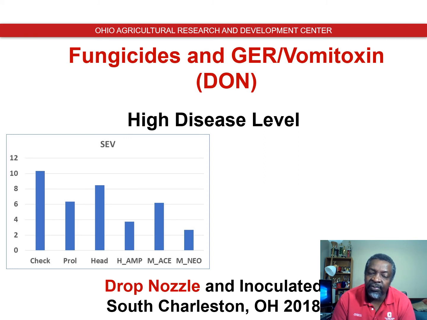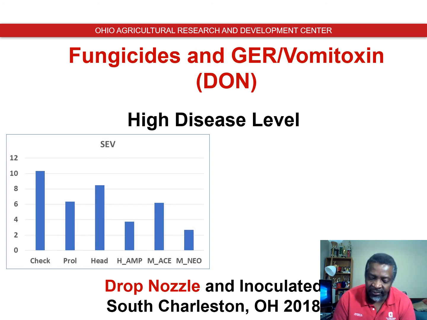All fungicide-treated plots had lower levels of disease than the untreated check, but the greatest reduction in disease severity was observed when Headline AMP as well as Miravis Neo were applied. Headline provided the lowest level of reduction. Even though the reduction was numerically different from the check, it was considerably lower than plots treated with Headline AMP